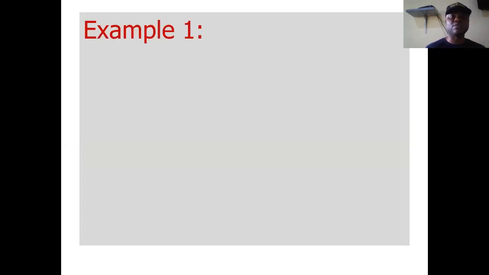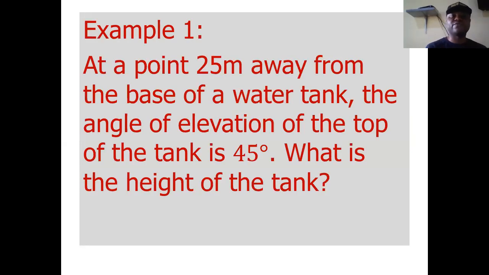Okay, so problem one. At a point 25 meters away from the base of a water tank, the angle of elevation of the top of the tank is 45 degrees. What is the height of it? Anytime you see 45 degrees, just know that the answer is equal. So I'm going to show you what you need to do here, and then you solve this problem very quickly. And then you need to draw a simple